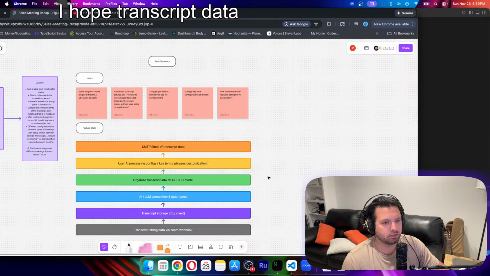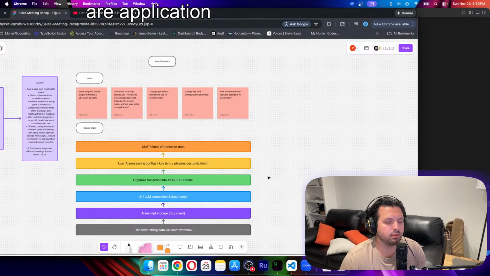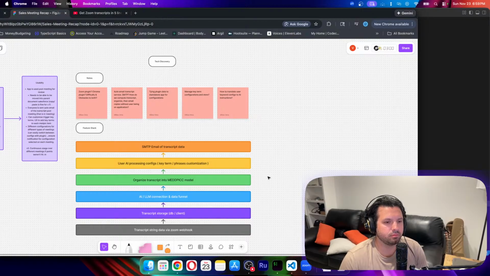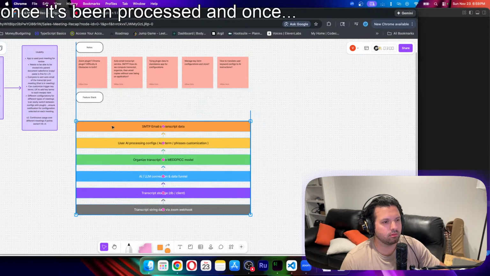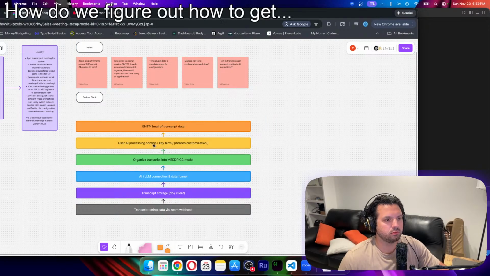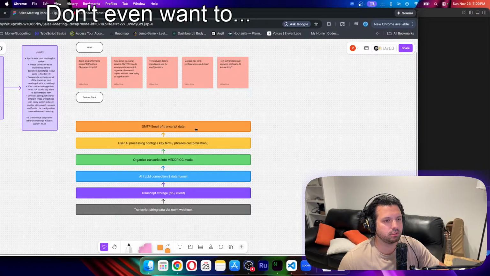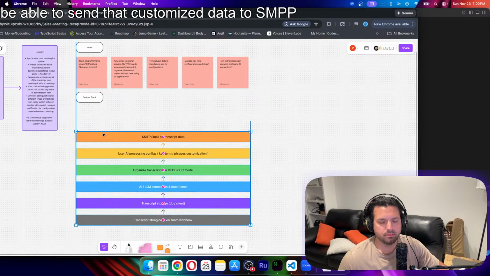Then we want to connect our application via SMTP to auto email the transcript data, once it's been processed, and after we figure out how to get the user customization, then we want to be able to send that customized data to SMTP. And then once we have a basic connection to SMTP,